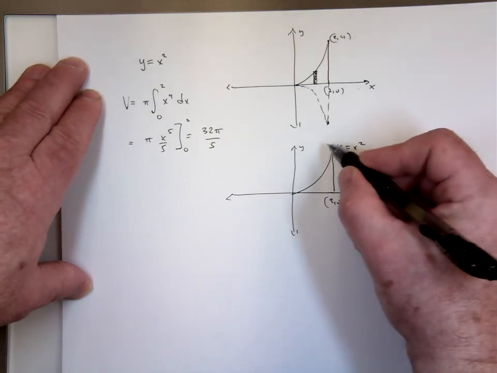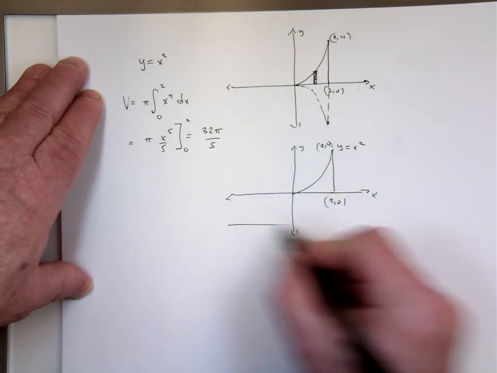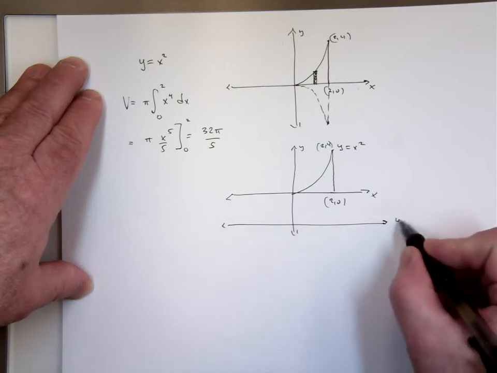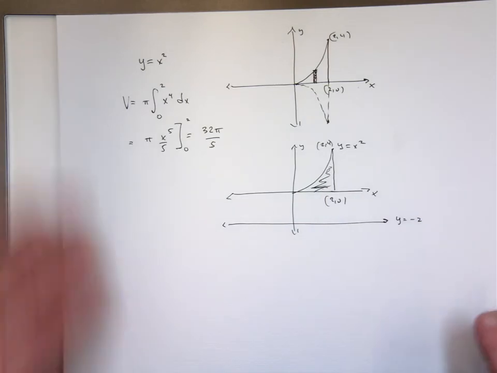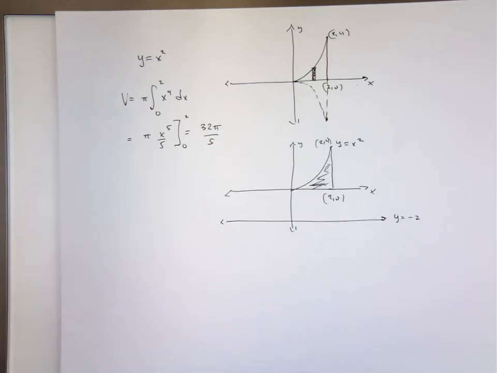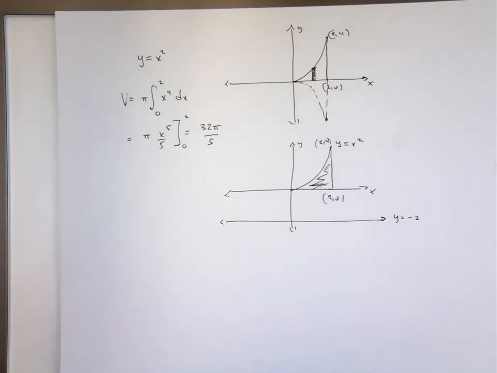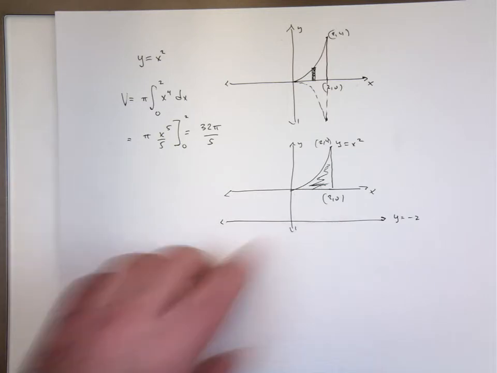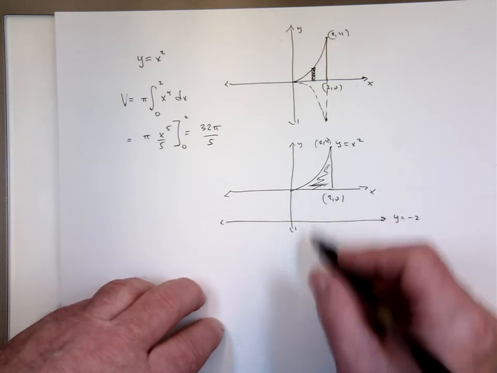We're going to take the same area here, but now we're going to whip it around this line y equals -2. So this area is going to get whipped around that line. Will the volume so generated be equal to, greater than, or less than the volume generated by taking the area around the x-axis? Is there going to be equal spacing between the x-axis and y equals -2 on the top and the bottom? Yes. So when you whip this around, you're going to get, on the other side of this,